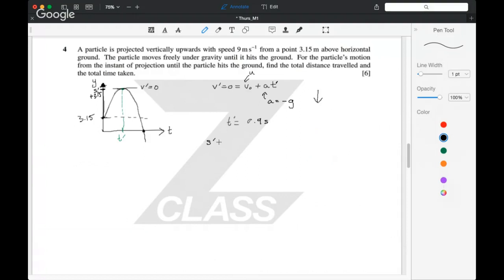So s prime is equal to initial velocity times t prime minus 1/2 g t prime squared. That makes sense, right? This is the initial velocity times time minus 1/2 times acceleration t prime squared. So if you plug all that in, you get 4.05 meters, since we know t prime. Therefore,